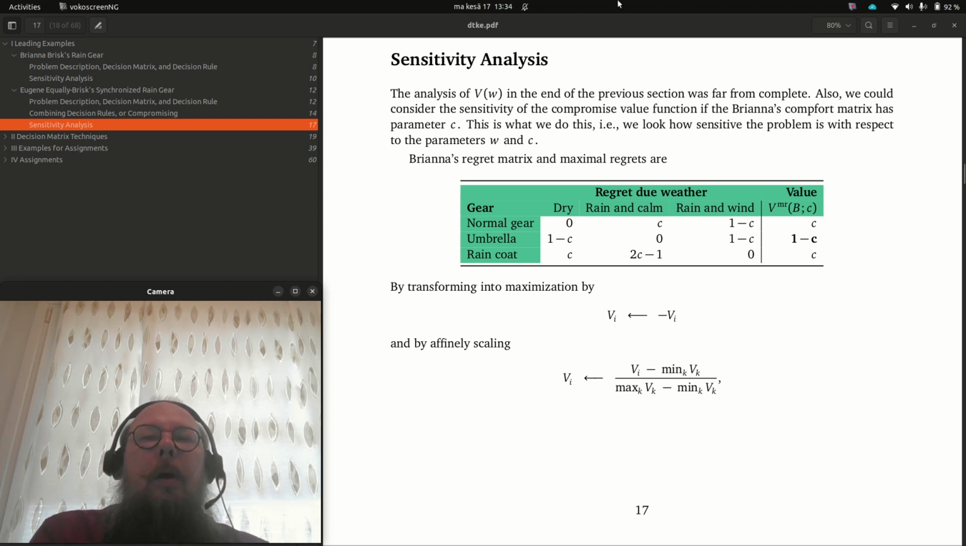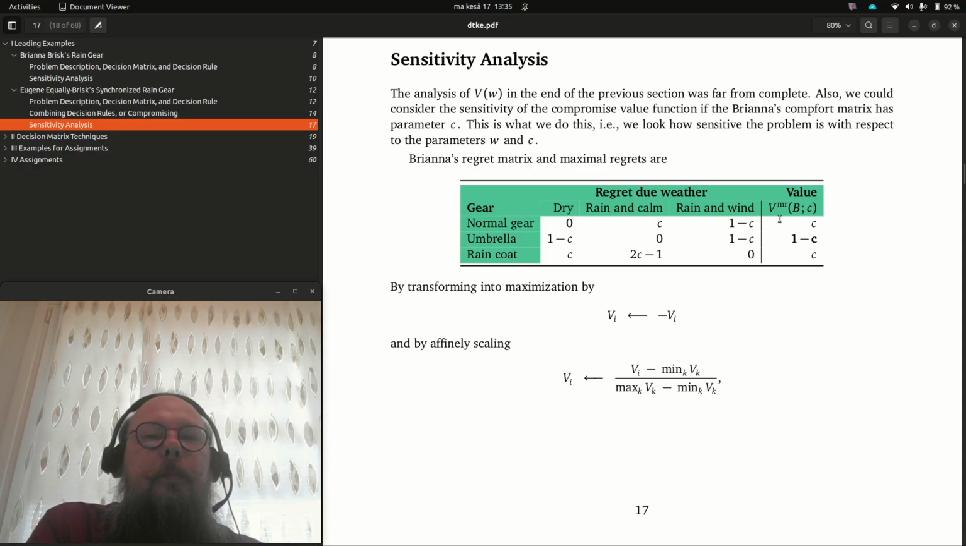So we are looking at this VW, that is the combined or weighted value function, with W weighting the Brianna's and Eugene's value functions that are scaled, but we look at the sensitivity parameter C for Brianna. So we start with Brianna, so the regret matrix now with the C looks like this, and these are the value functions. So now I'm using V of maximal regret for Brianna with the value C